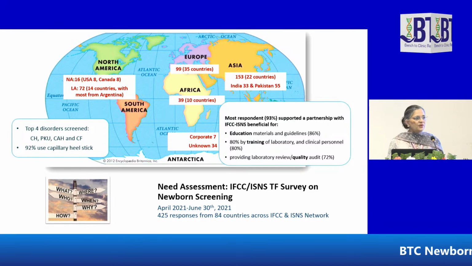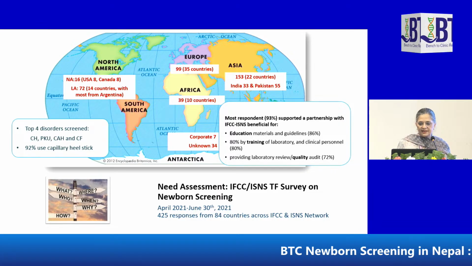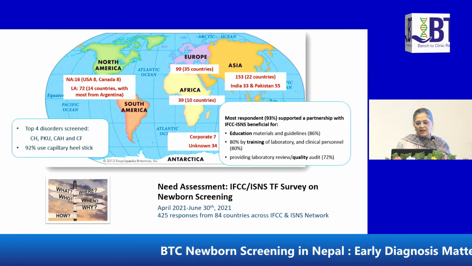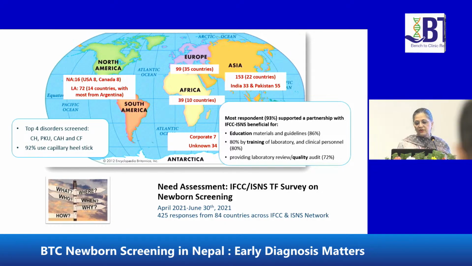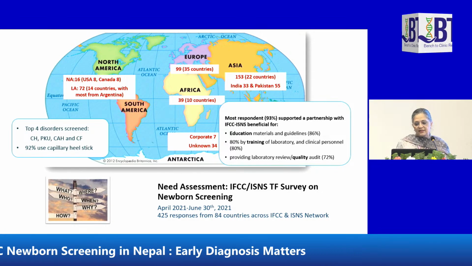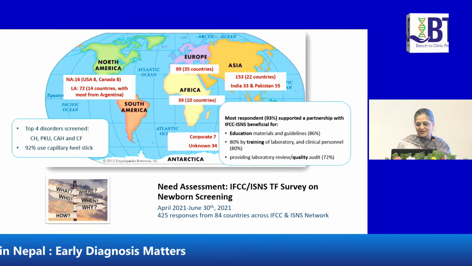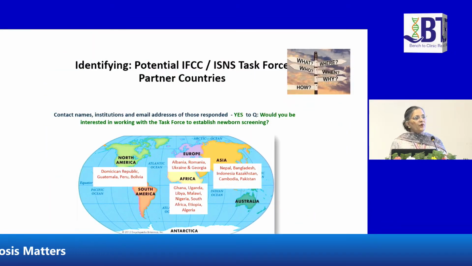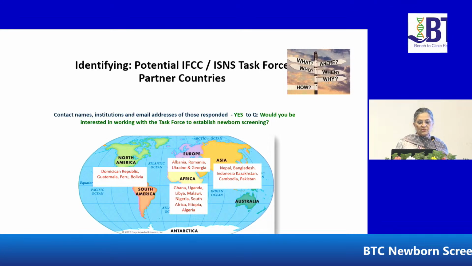Then the most respondents in the survey supported a partnership with IFCC, ISNS regarding education, materials, and guidelines. Then 80% suggested that there should be training of laboratory and clinical personnel, and then help in developing a quality support system, a quality audit, and laboratory reviews. So from this survey, we identified potential IFCC, ISNS task force partner countries, their contact names, institution, and email addresses